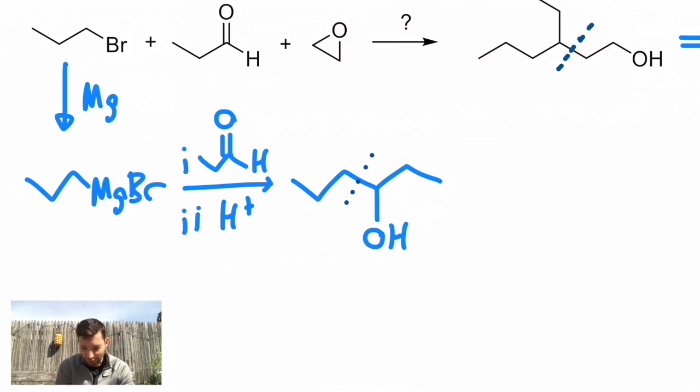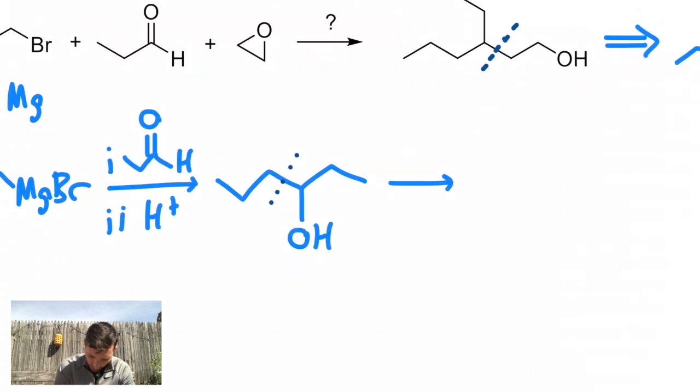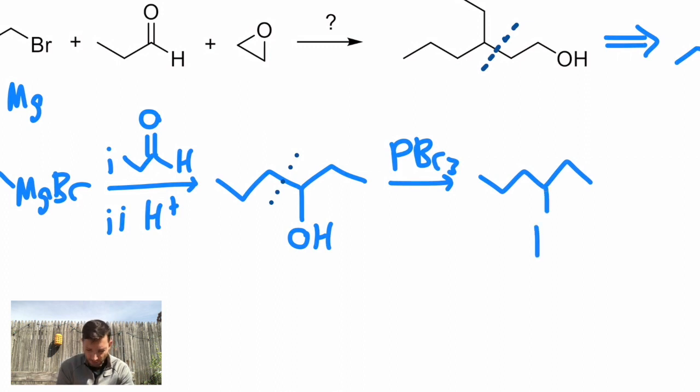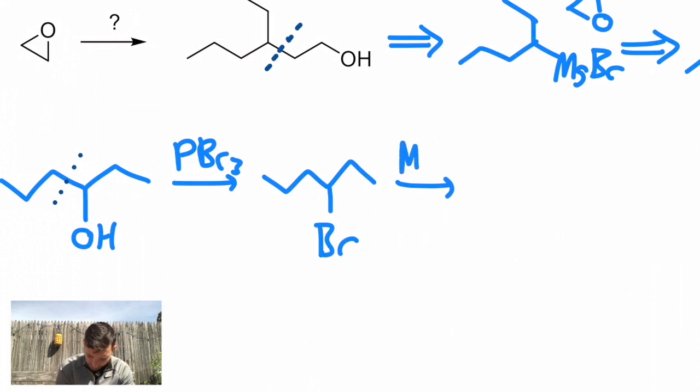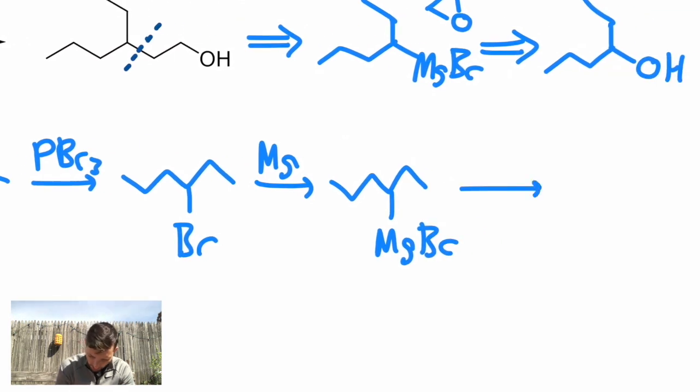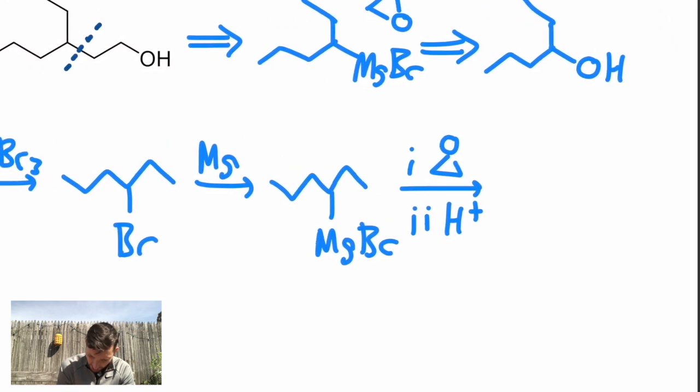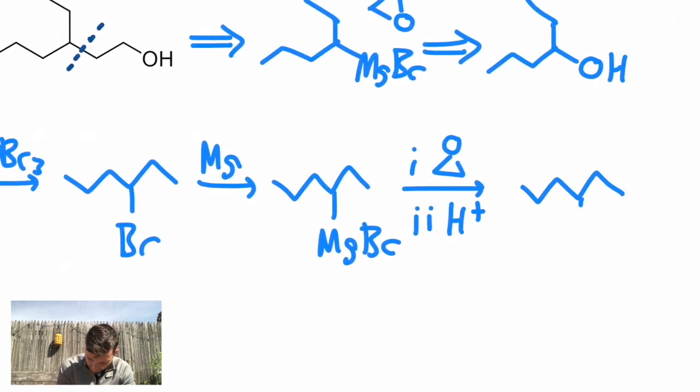And now we need to turn that alcohol into this big Grignard that I want to react with the epoxide. So first convert it to a bromide, PBr3. Just converts the OH to a bromine. Turn that into a different Grignard. And then lastly, react it with an epoxide. Step 1, this simple 2-carbon epoxide, followed by an aqueous workup. That'll get me my 6 carbons, new carbon-carbon bond attached to another carbon with an OH coming off of that